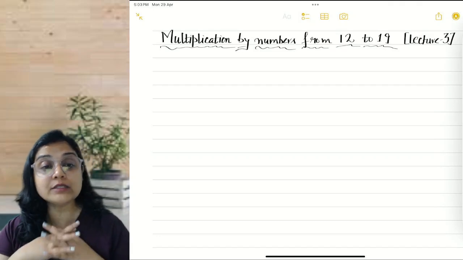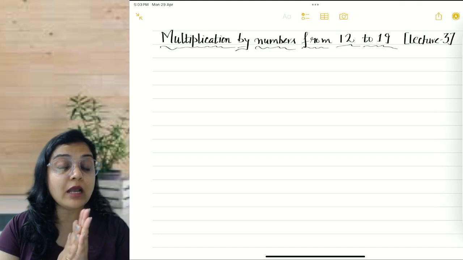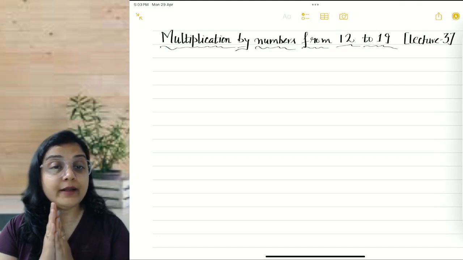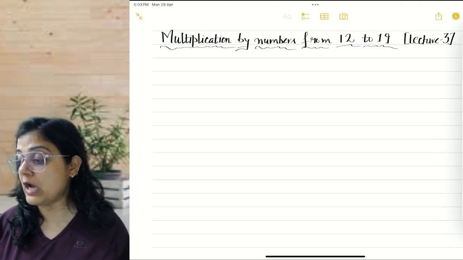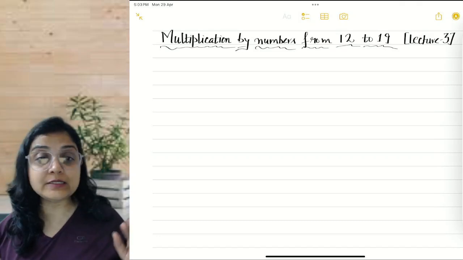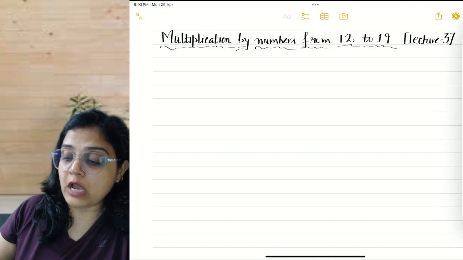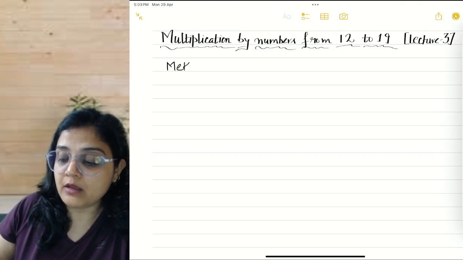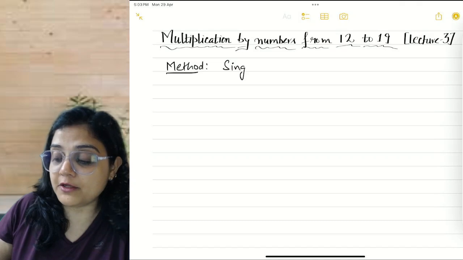You need to focus completely on the screen for that. Go with the assignment after the class and you will find it wonderful. This is really a wonderful trick. So without any further delay, let's start with an example. But before that, let me tell you which method we are going to use. We are going to use the single knot sandwich method again.